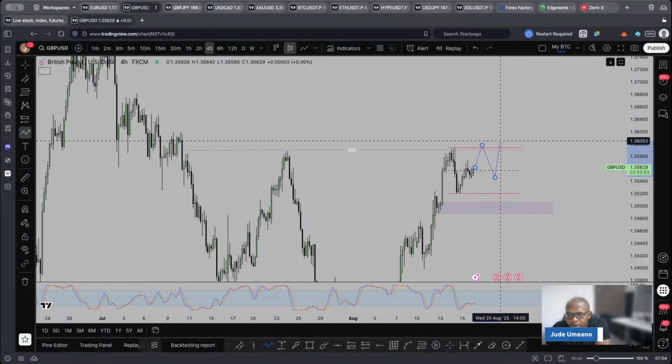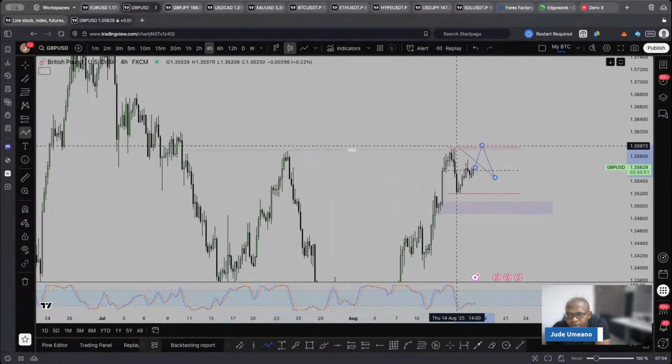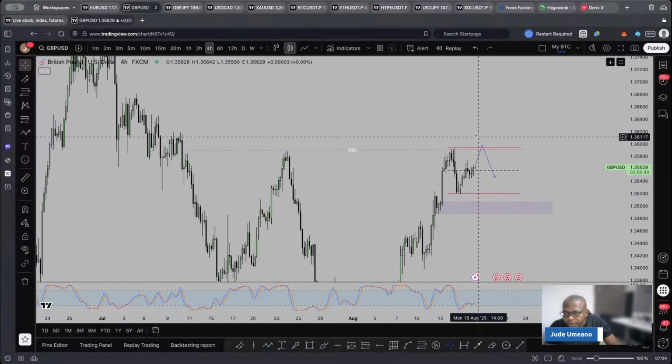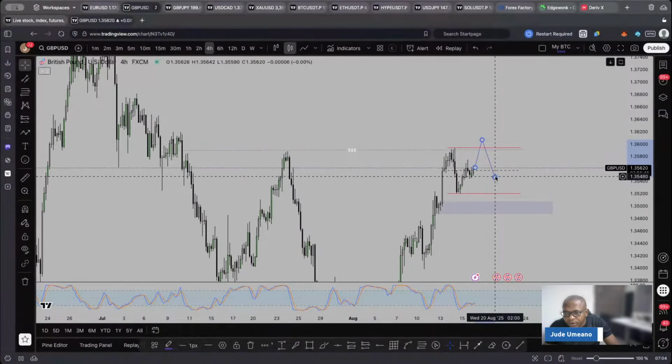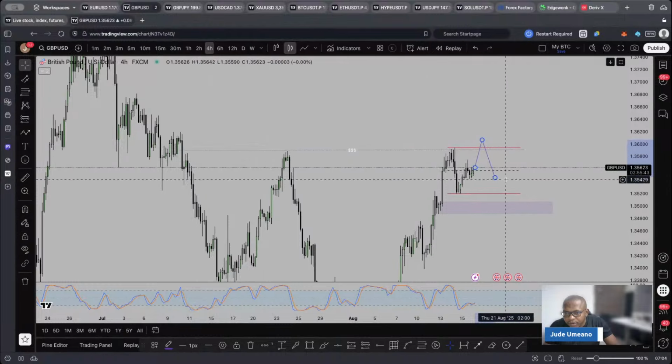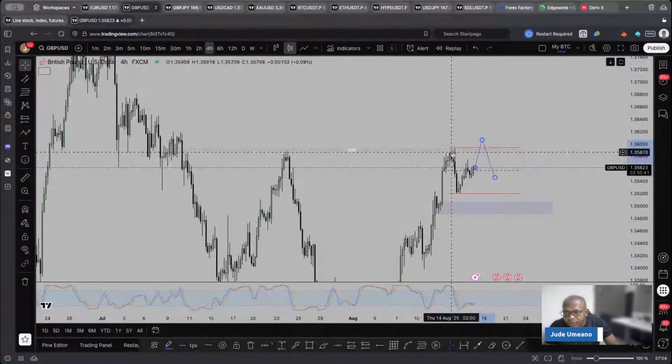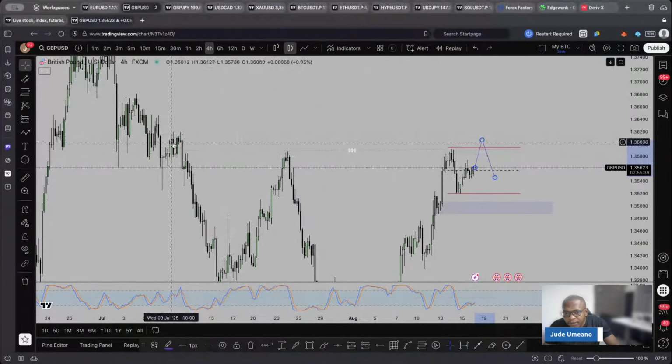and go higher. But we have a demand zone actually here. If we tap into the demand zone, we can actually go lower from this particular point. If we take this liquidity that is lying here into this demand zone, it means that we can go ahead